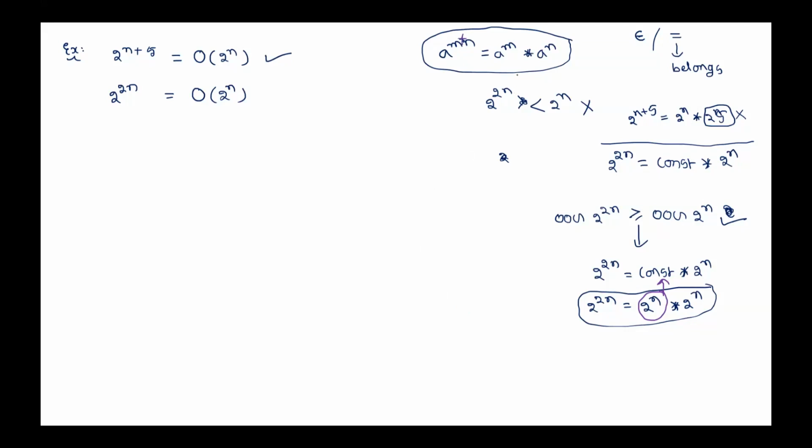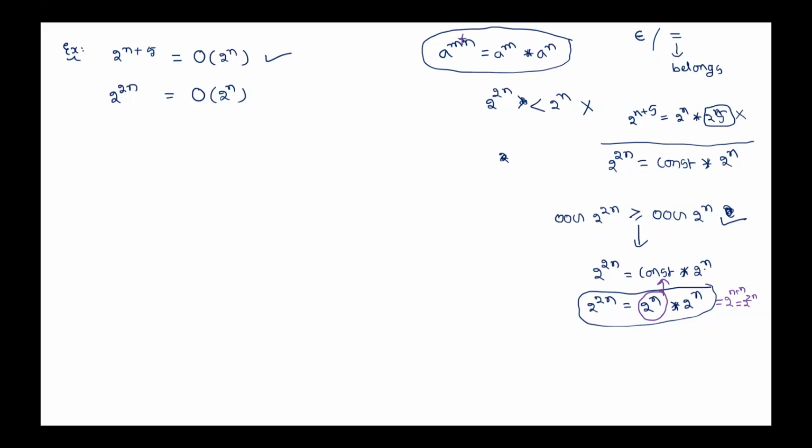A power m plus n is the same as a power m into a power n. We know that. So now 2 power 2n can be written as 2 power n into 2 power n. That's why it becomes 2 power n plus n, which is the same as 2 power 2n. Now the question is whether 2 power 2n and 2 power n have the same order of